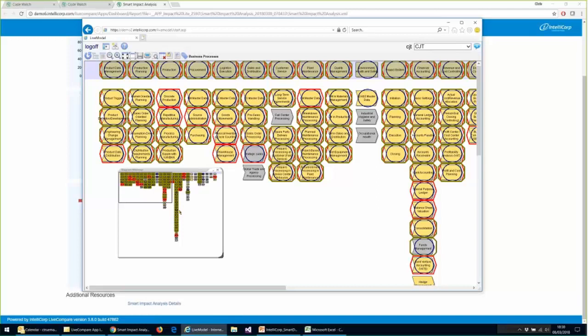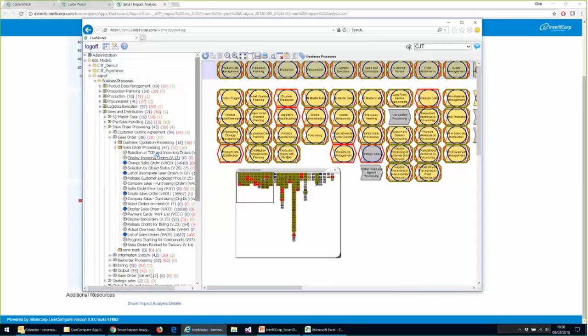Red represents that it's impacted, meaning we've used the Live Compare Impact app. It's determined that based on the change we're introducing, it's impacted. And then green reflects the results of scanning our ALM repository. It tells us what's testable and what's not. As a business process owner, the thing that I should be concerned with, I guess, are any red areas that are poking through. Now, I should stress that I've set the demo data up here in order to have little red areas poking through, but then I can use Live Model to actually drill down